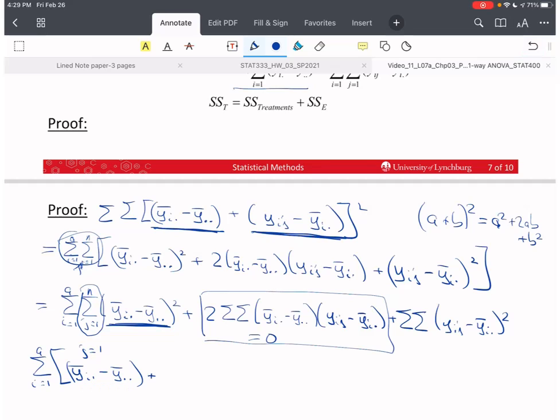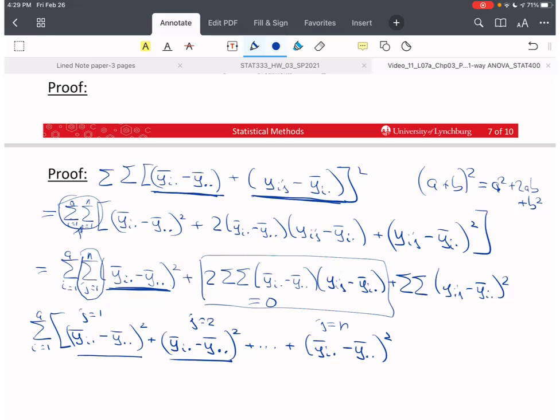Plus yi dot bar minus y dot dot bar. This is j equals 2. And then plus, and it's the same value over and over again. For each value of i, we do this same term n times. So we get yi dot bar minus y dot dot bar, and this is squared. Let's not forget the square. And so this is j equals n. So there's n of these within the summation. There's n of these. So this is equal to the sum from i equals 1 to a of n times